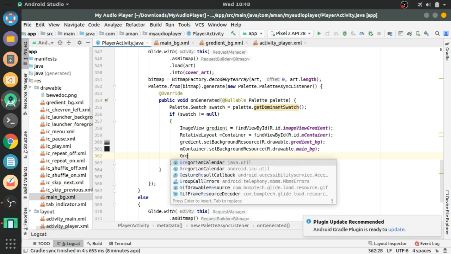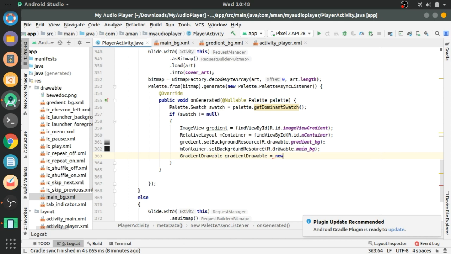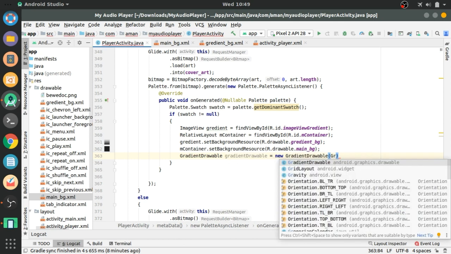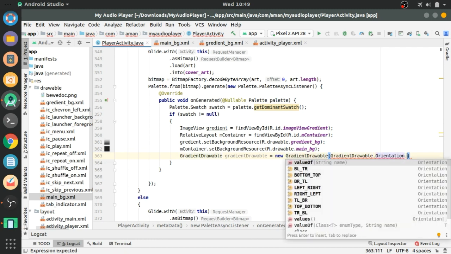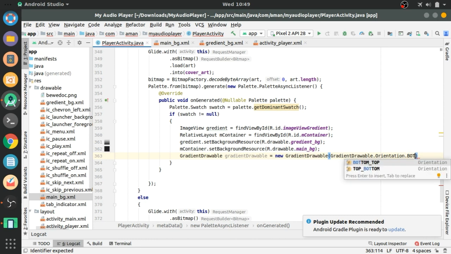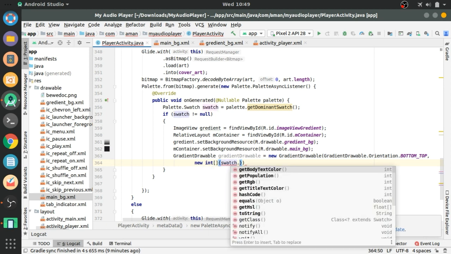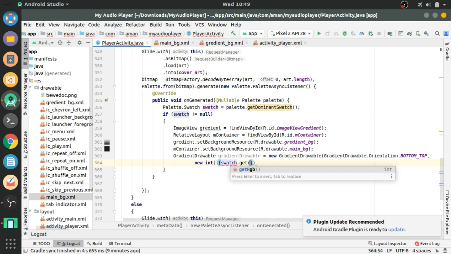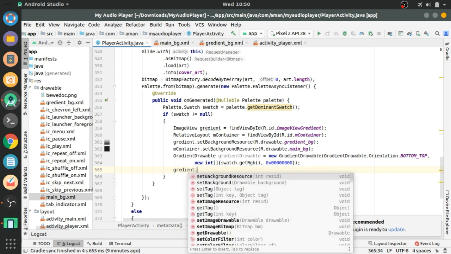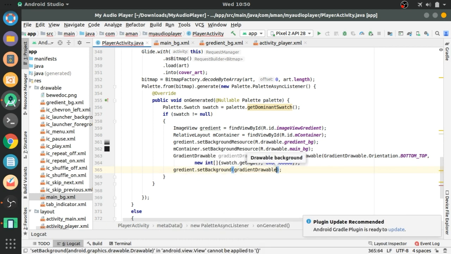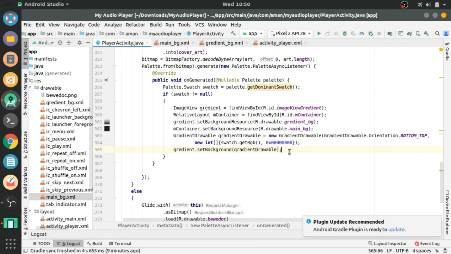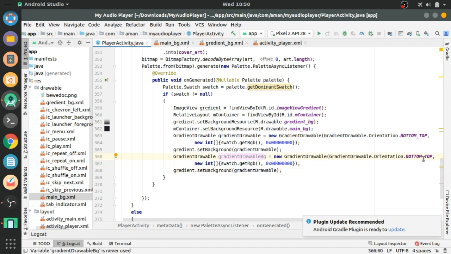Now create an instance of GradientDrawable. GradientDrawable equals new GradientDrawable, and in this pass GradientDrawable.Orientation.BOTTOM_TOP, and the other parameter will be new int, that means an array of integers, and in it add swatch.getRgb comma 0x00000080, where the 00 after x is for opacity. gradient.setBackground gradientDrawable, copy and paste it.